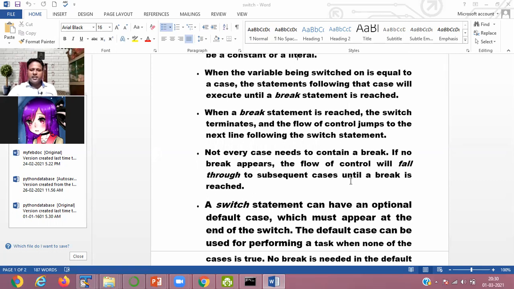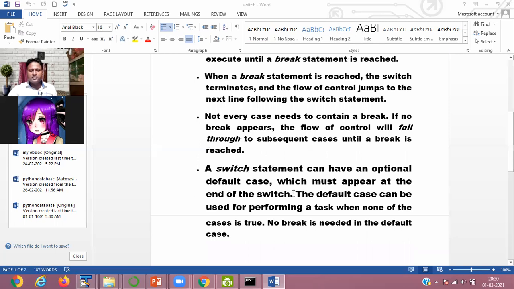A switch statement can have an optional default case which must appear at the end of the switch statement. If the value that you are passing does not match any case statement, then the default case is executed.